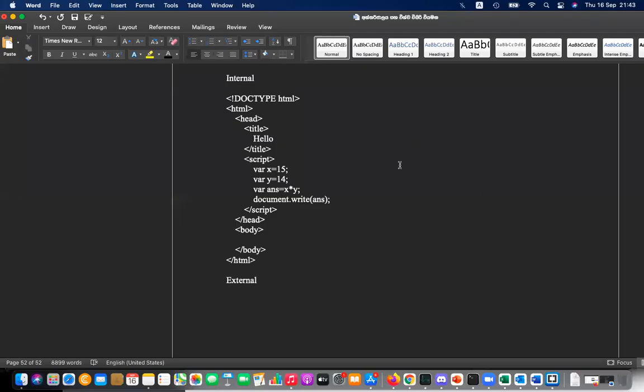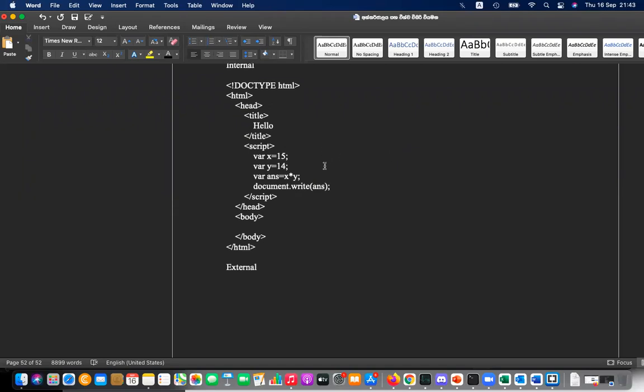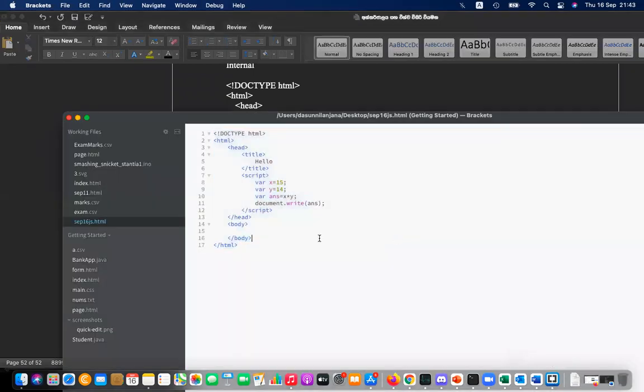Okay, the third type is where you are going to add this script in a separate file. Let's do that. I'll remove this part. After removing this part, what I'm going to do is I'm going to